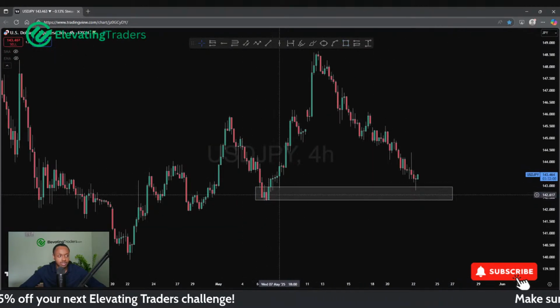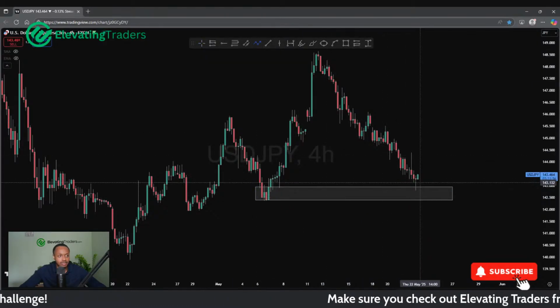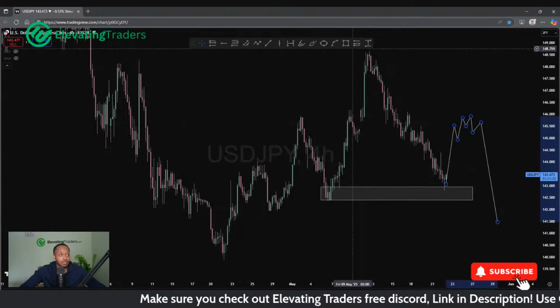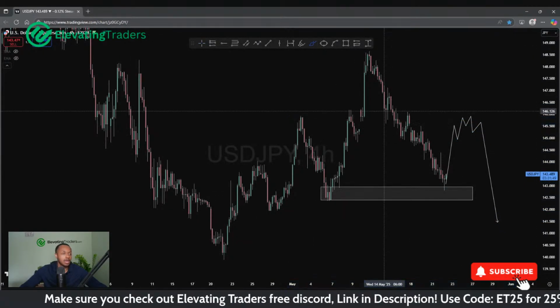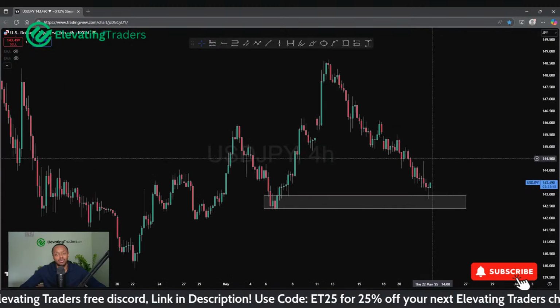I think just in terms of buyers entering the market, this makes sense, but I think probably something like that might go and happen next. Maybe a bit of a head and shoulder pattern actually. So yeah, dollar yen, not as enthusiastic as I was with the buys at the start of the week.